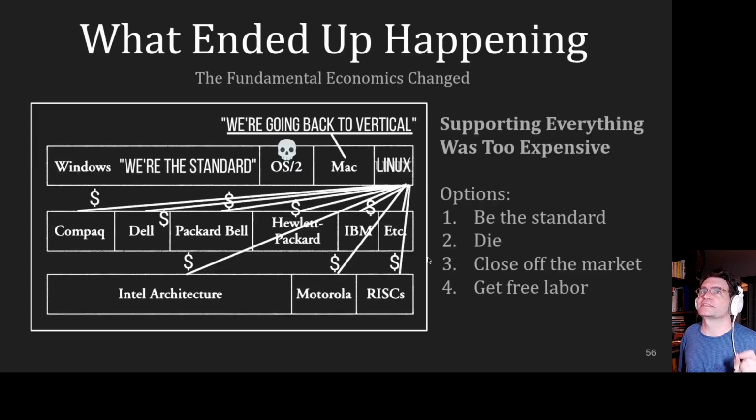What actually happened is that supporting everything became too expensive. So Windows decided to be the standard. OS/2 decided to die. Mac decided to go back to the vertical stack that we saw beforehand. And Linux said, well, how are we going to do all of this stuff? Well, we can do it with free labor. Where are we going to get the free labor from? There is something called